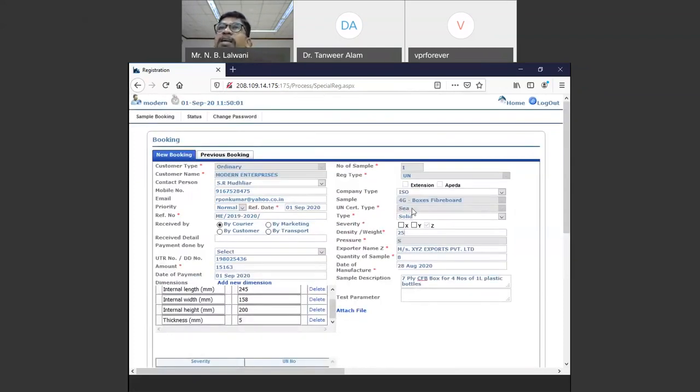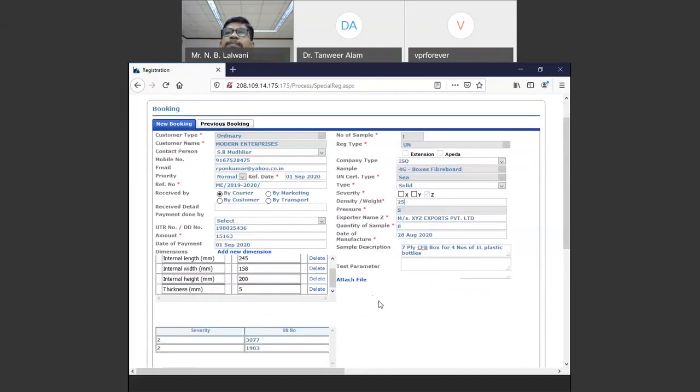But sea cannot be converted to air. So this cannot be done. For sea separately, air separately. Suppose you are applying for sea and air now, then after a year, when your certificate is expired, you want to apply the same way, you can go to this particular registration, copy that content, and apply further. So that is another advantage of this.